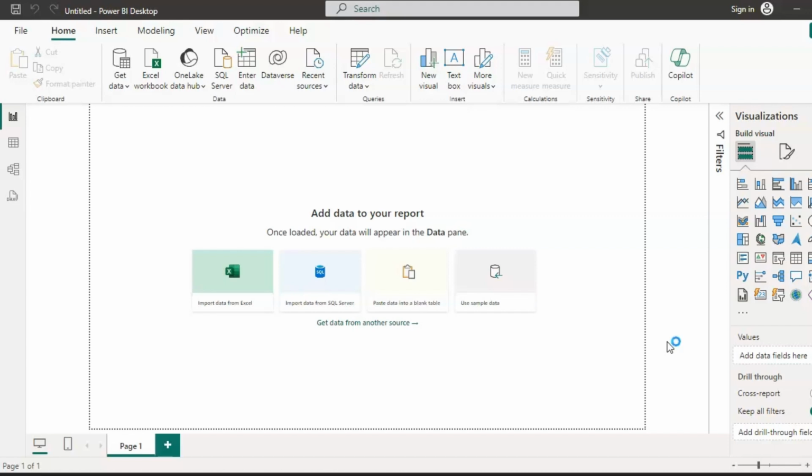So for installing Power BI desktop on your laptop, you can make use of multiple ways, which we'll be telling you. The interface that you can see on the screen is the interface of Power BI desktop itself. Some things you have to take care of before installing Power BI: even if you have installed Power BI already on your laptop, you always have to make sure you have the latest version of Power BI.